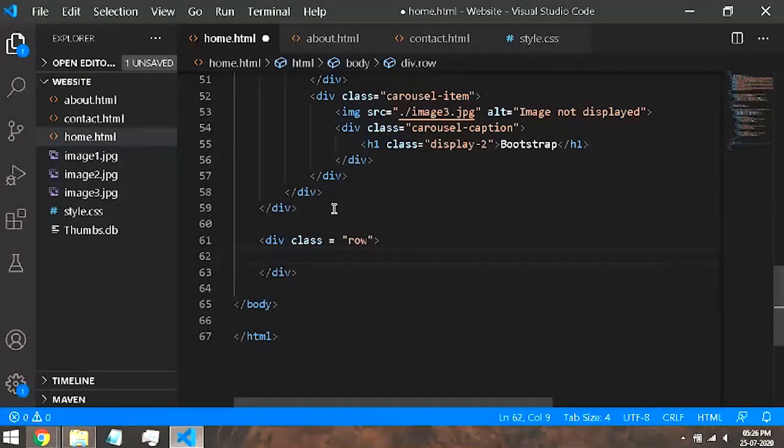In Bootstrap, basically they have provided us a grid system. So a grid system is basically a matrix type of thing. If you know what a matrix is, that is basically what a grid is. And the number of columns in that grid is 12. Keep that in mind.